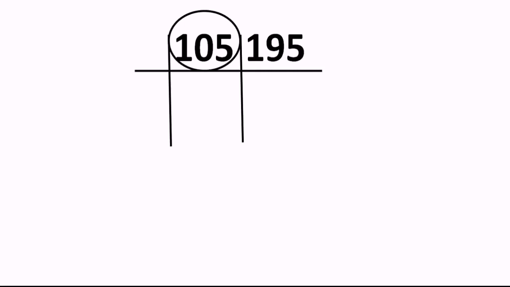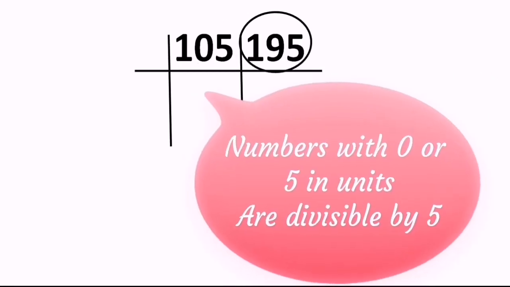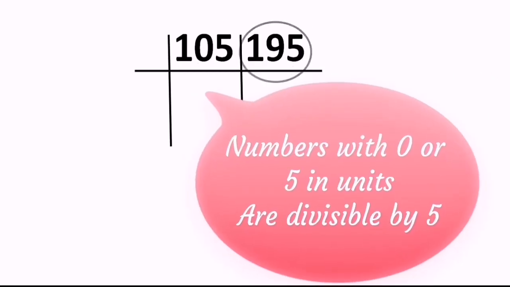Yes. One more sum. Correct. Come on. So here the numbers are 105 and 195. Both the numbers have 5 in the units place. Then what is the number that you are going to use to divide them? Of course, whenever 5 or 0 is there in the units place, then we have to divide by 5, right? When 105 is divided by 5, we get 5 2s are 10, 5 1s are 5. That makes it 21, right?